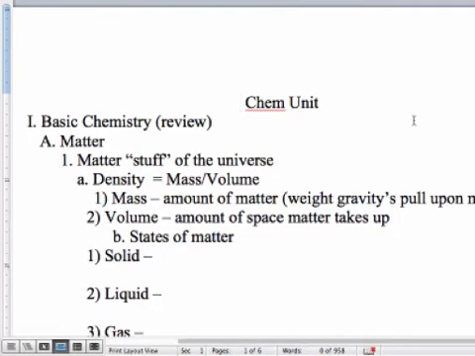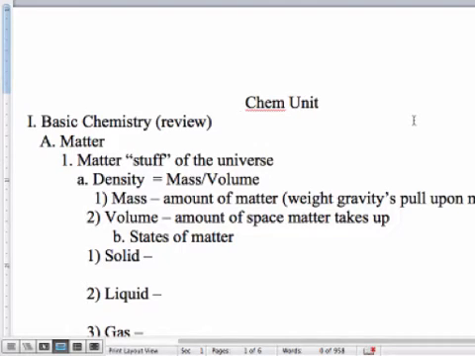Now, the other thing is, a lot of this is going to be review. We're going to review some basic inorganic chemistry. And you're going to say, oh, man, I've already done this. Yes, you have. And that's great if you remember all that. However, we're going to build upon that. We're going to go a little bit more in depth than you may have in your other classes. And we're also going to go into some totally new territory called organic chemistry, which should be pretty new for virtually everybody that's had science classes. This is not something we get into until biology and chemistry and some other upper level science classes.